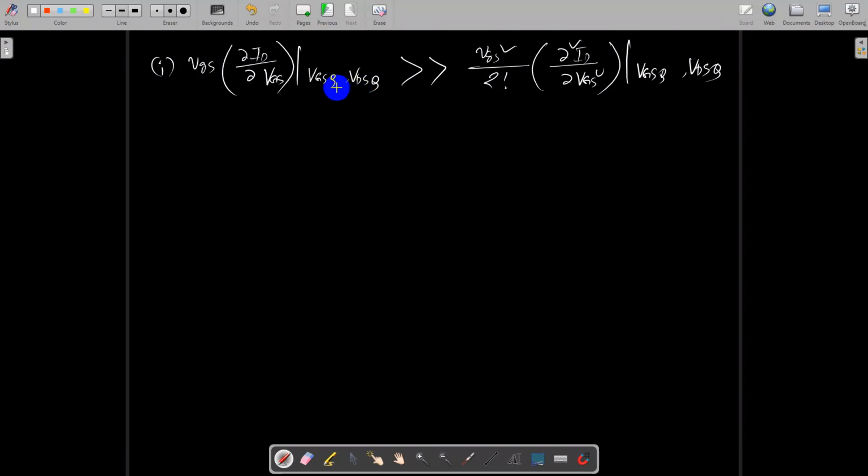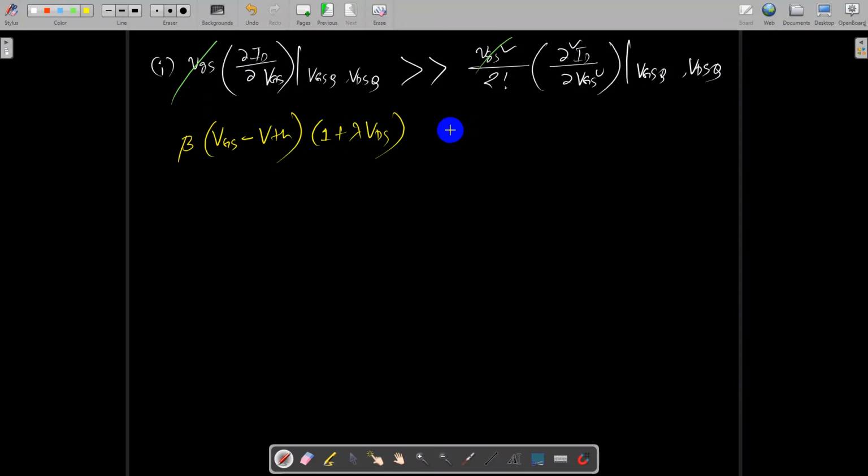So now from here we can say that here is a VGS, here is also VGS. Here we have ∂ID/∂VGS at VGSQ, VDSQ. So this is nothing but, you can simply write it like this: ∂ID over ∂VGS. You can write it like beta (VGS minus VTH) with (1 plus lambda VDS). Okay,